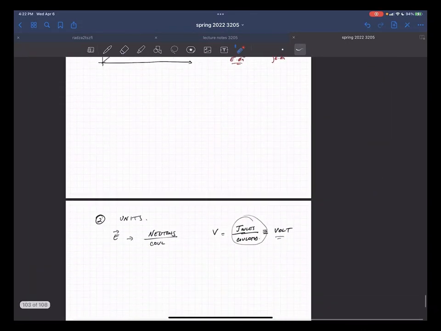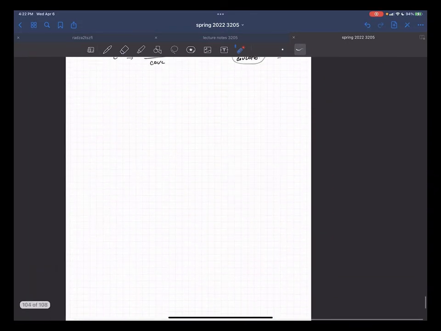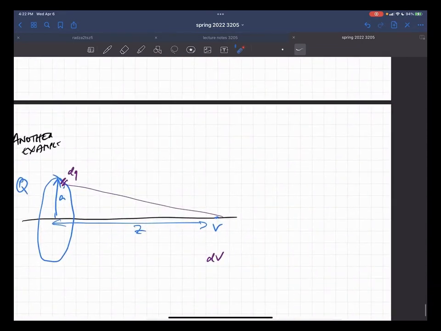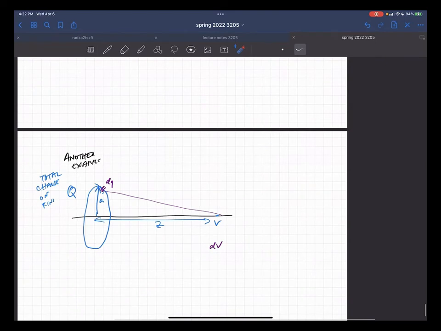Okay, so again, where was I? Here we are. So the incremental potential, because of this incremental charge, is dq over 4 pi epsilon naught times 1 over z squared plus a squared, which is this